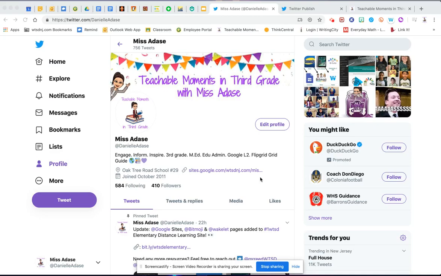Today, we'll be focusing on how to embed your Twitter feed into your Google site. The first thing you want to do is come to your Twitter profile. Make sure you're clicked on the profile tab in order for your web address for your profile to show up